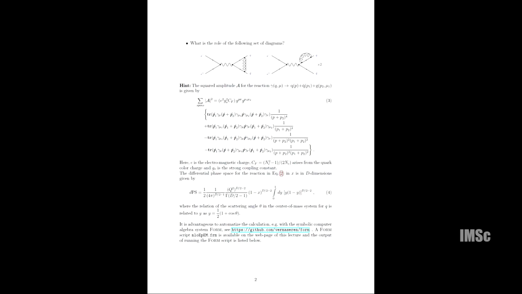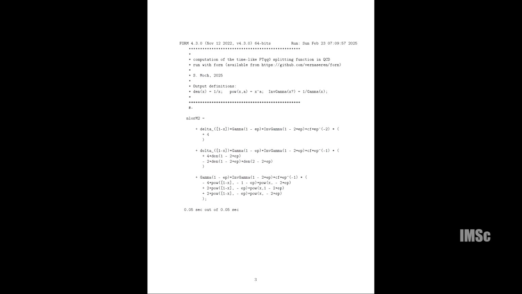But some advice that I would have is if you want to do this more than once, it's not good to do it with pencil and paper. It's good to automatize it as much as possible. And so there are various ways to automatize this. And I have coded this up in a small script in FORM, the computer algebra system. You can download FORM from that website, it is open source. And in the Indico there should also be a small FORM script which is available for you, and you can simply run it. And then it does the whole computation for you, so this would then be the output.